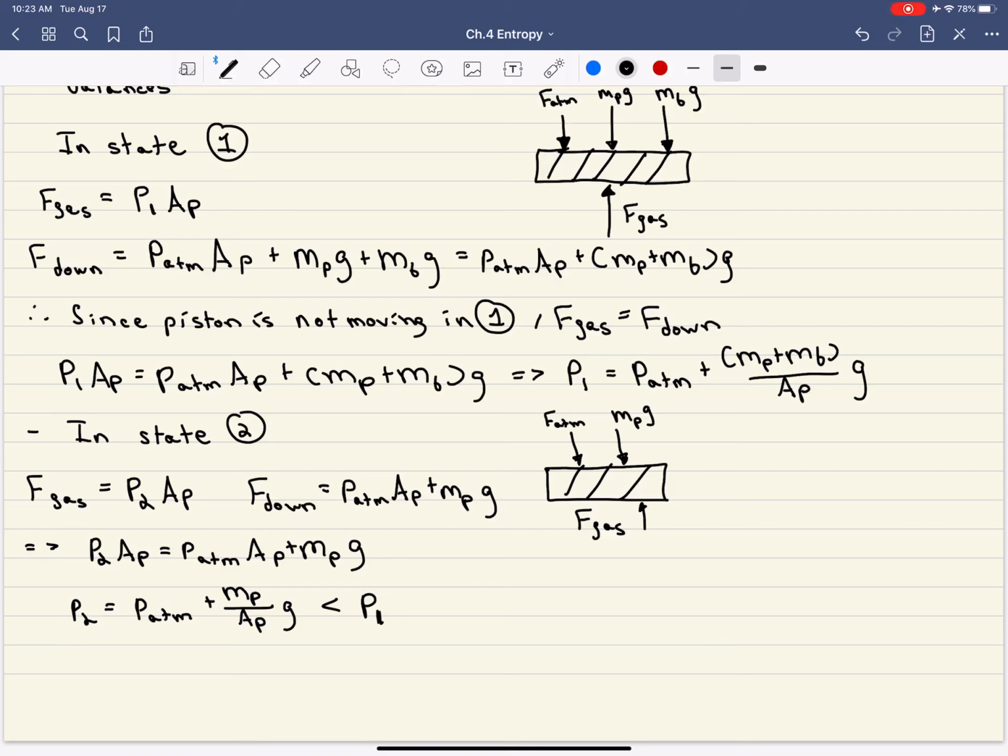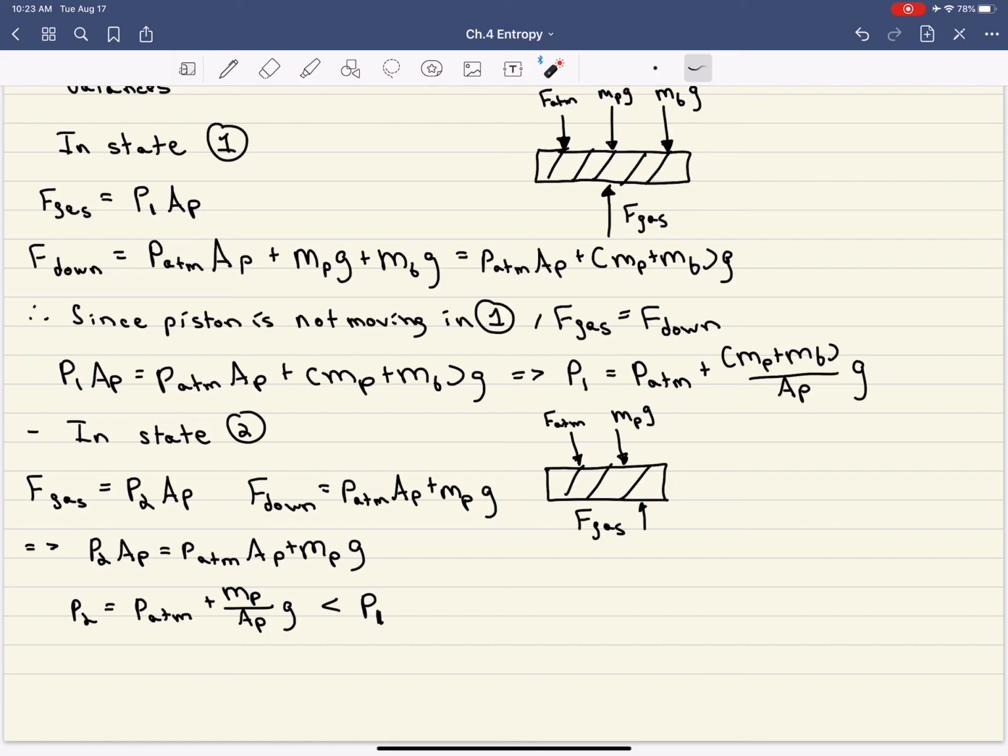And so we calculated what pressure 1 and pressure 2 would be, right? And I want to emphasize these equations have nothing to do with volume. The pressure is solely determined by the forces that the gas feels on it, okay? In any case, in our hypothetical way that we split up this expansion,